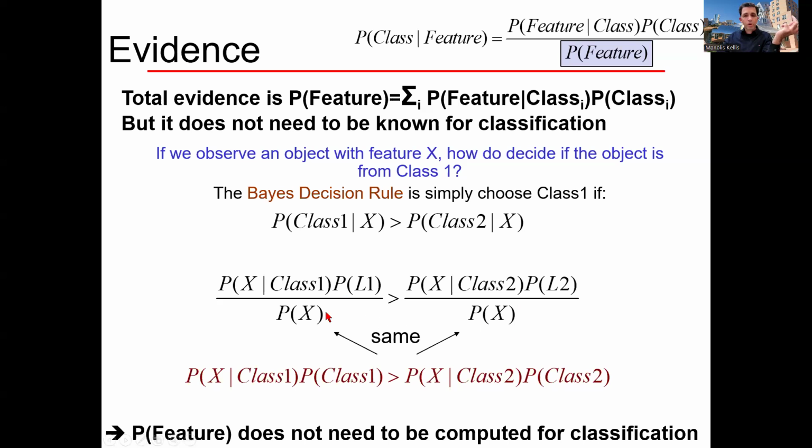And of course, as we mentioned earlier, the denominator is the same. So what do you want to know? You want to know the probability of class 1 given the data, probability of class 2 given the data. And using Bayes' rule, this is the backward facing arrow. This is the forward facing arrow. I know how likely it is to generate a particular expression value given the class. And I know the prior for that class. And the denominator is the same. So I can basically build a Bayesian classifier between different classes simply based on the generation probability times the prior.